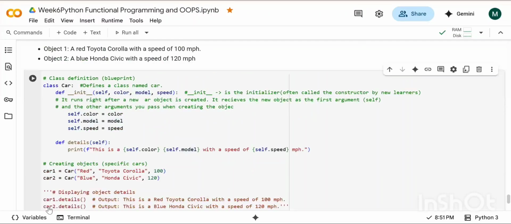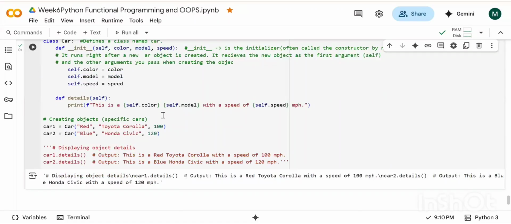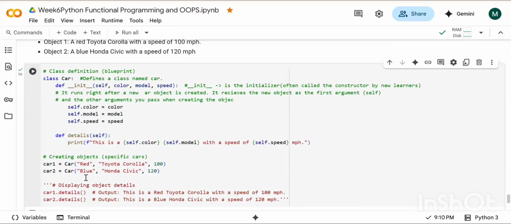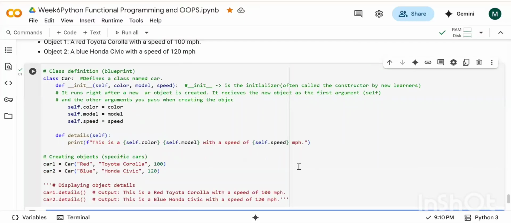Right now, I have done all of this inside commenting, just running this particular part. Because it is multi-line commenting, that is why it is getting shown over here. Don't worry. So basically, I'm not getting any output right now. I have called, my objects are created, but I'm not getting an output. What I want to get displayed, I'm not getting. How will I get it?